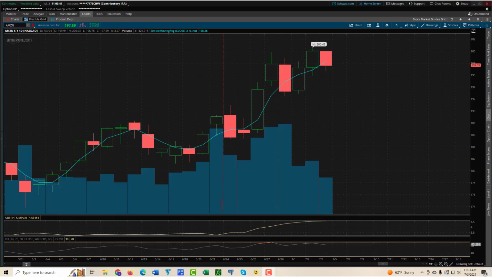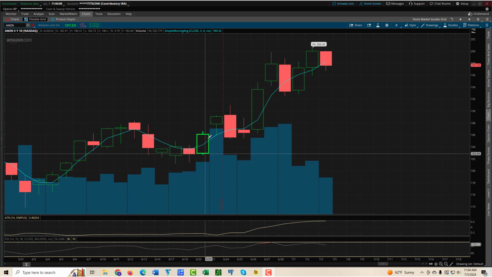In this video, I'm going to explain what a simple moving average is and show how it works. On my screen here is a stock chart for Amazon. These are price bars, and each of these price bars represents one day of price activity. With each of these price bars, you can see what the key price points were for that